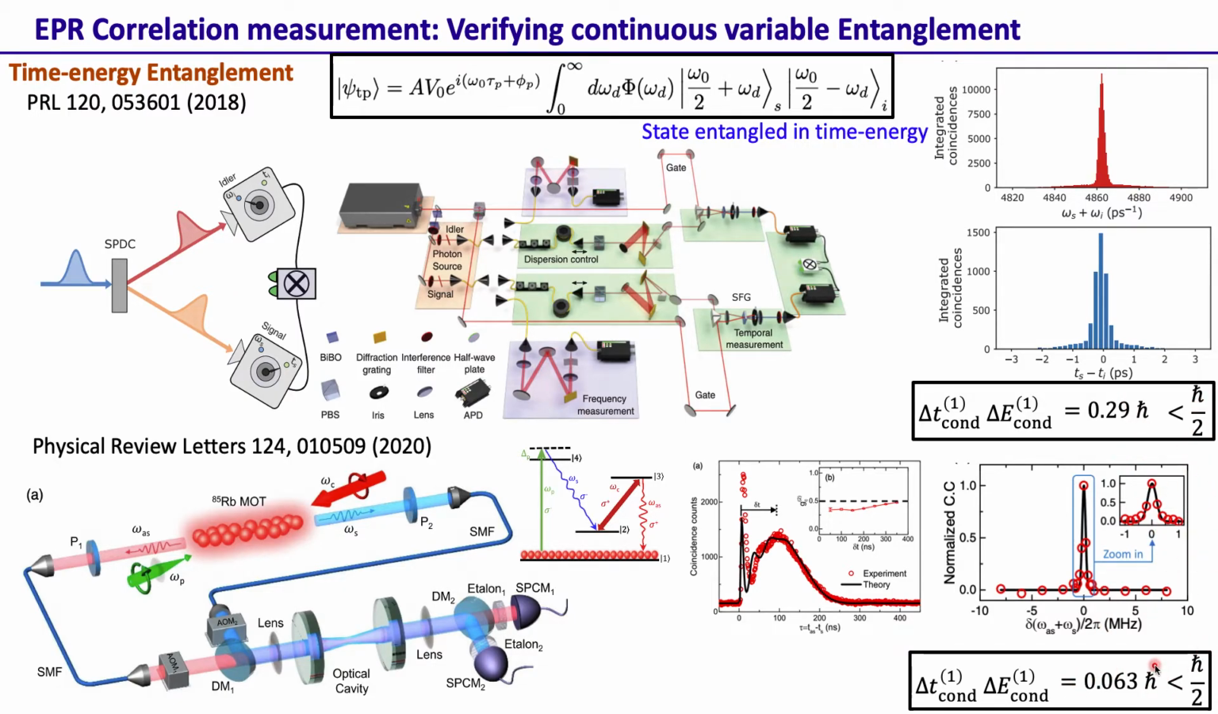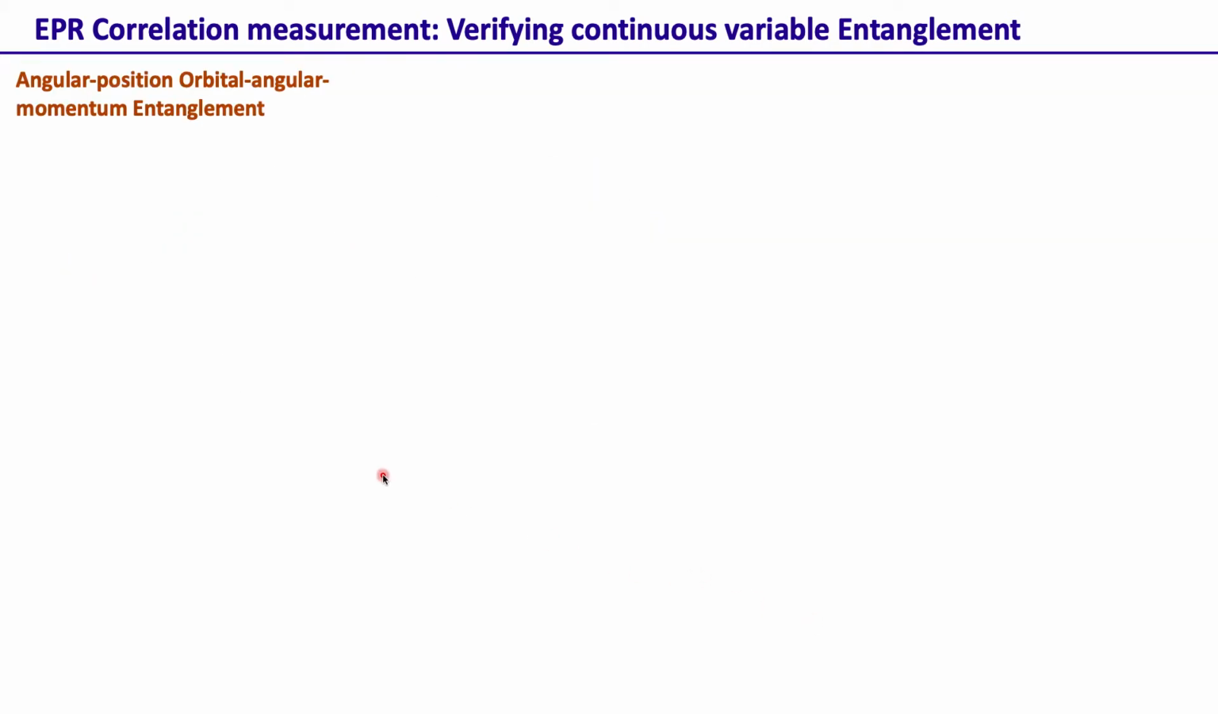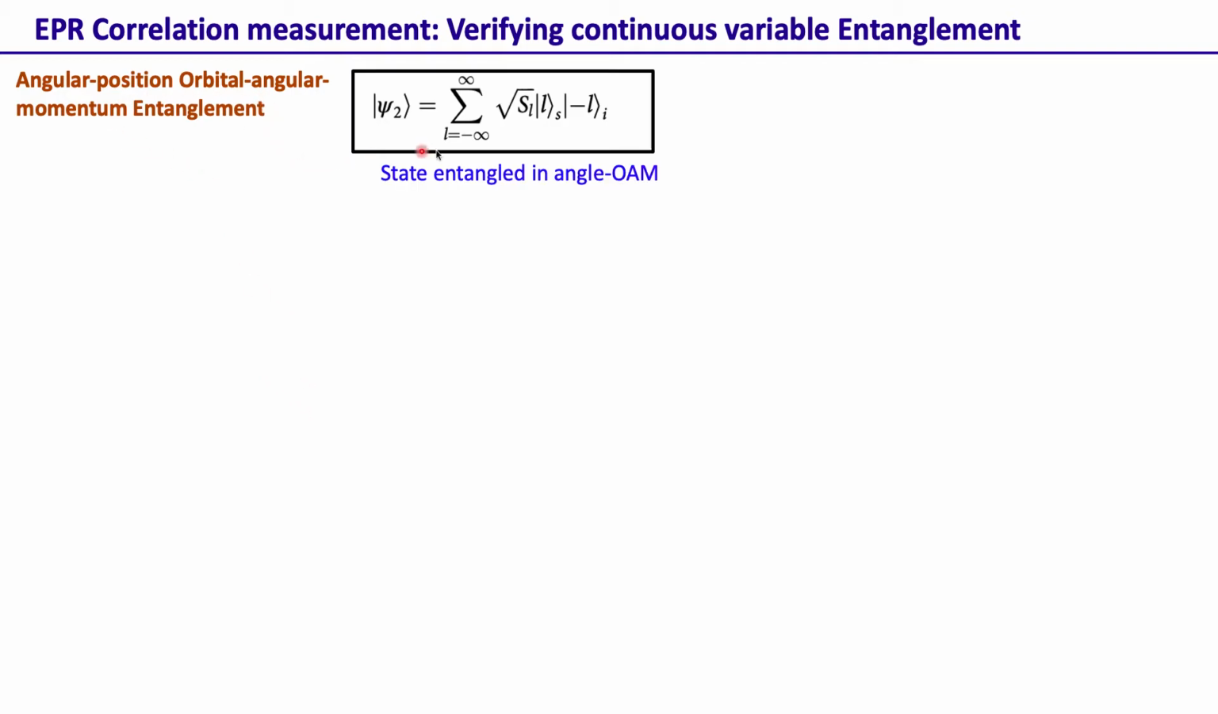Of course, both verify time-energy entanglement, but here the results were much better, 0.063 h bar. So that was in time and energy. Similar experiments have been done in orbital angular momentum and angle basis. So we can have a two-particle state produced by parametric down conversion that is entangled in orbital angular momentum